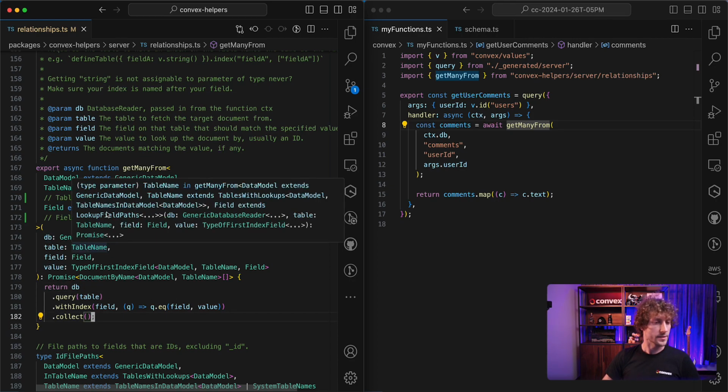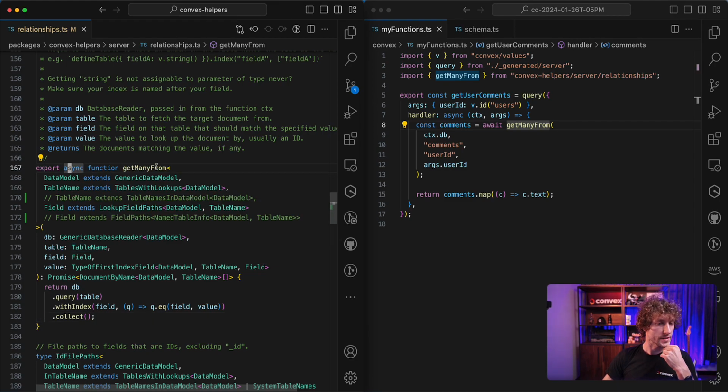So let's take a look at what some of these type parameters are. And if that doesn't all make sense now, don't worry, we'll see it and get some experience working with these, and it becomes more familiar the more you work with it. So it takes 3 type parameters: data model, and that's the data model that describes